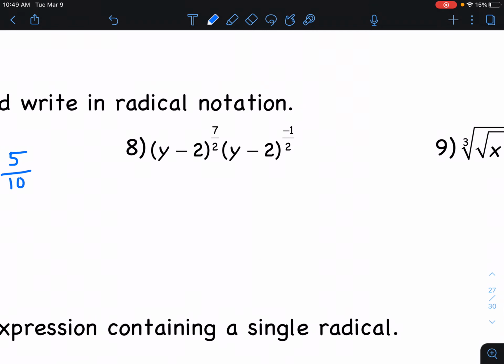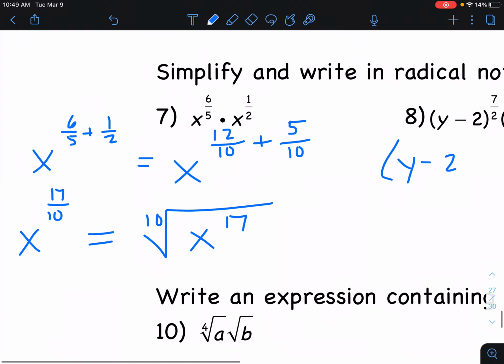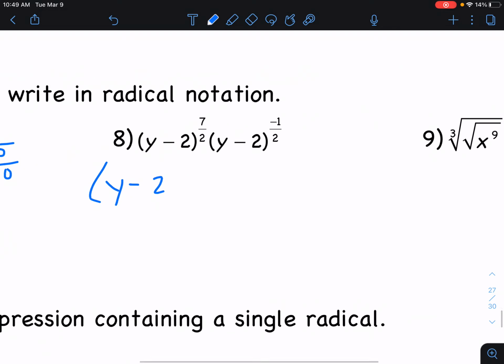Okay, number 8, there was one like this also on the previous page. It's y minus 2 times y minus 2. What do we want to do with those exponents? We want to add them. Very similar to number 7. So that would be 7 halves plus negative 1/2. And that would be